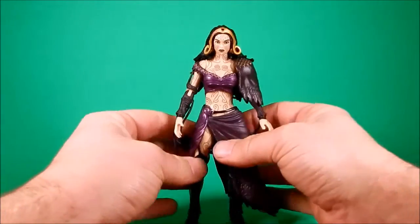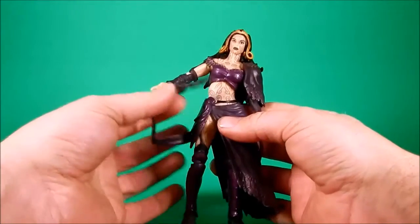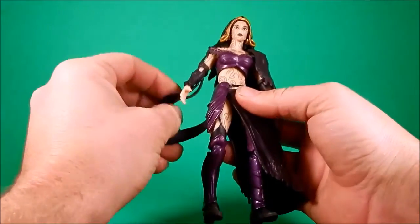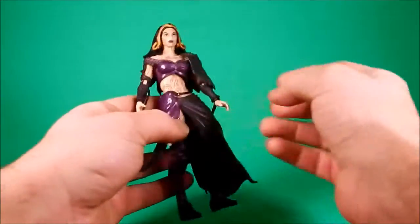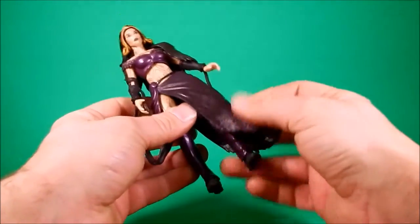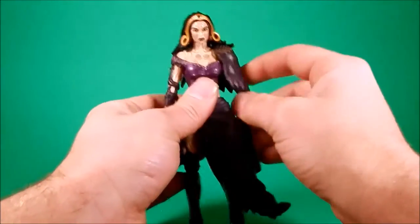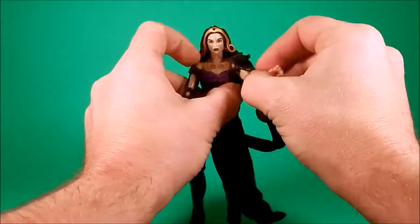After I fiddled with her for a minute, I was thinking I tore something off here because this started coming up and flopping around, but it's supposed to be that way. She has just stuff everywhere, and it doesn't hinder. Well, most of it doesn't hinder. I have a little problem with this holding her left leg back. This won't let her hold her arm straight up, but it doesn't really keep it from...